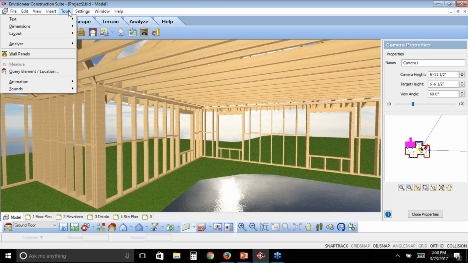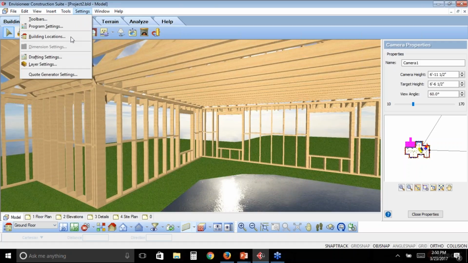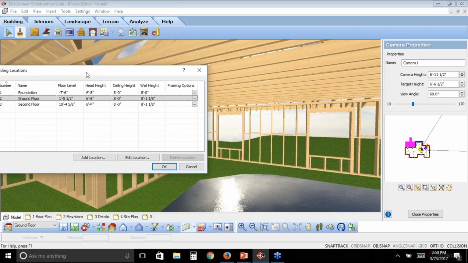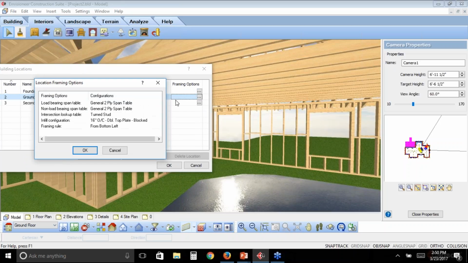So if I come up and look at our building locations, this is where I have framing data. So when I started drawing these walls out on the ground floor, this is where it grabbed how to lay out those studs, how many top plates, bottom plates I'm going to use, the row of blocking halfway up, and what headers to put over what openings. So in here, I told it that I wanted 16 inches on center, double top plate, and blocking halfway up. And in our span tables,